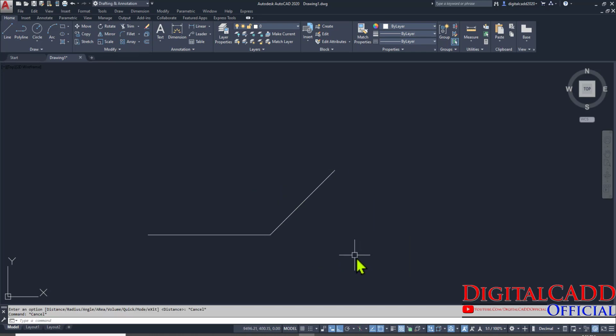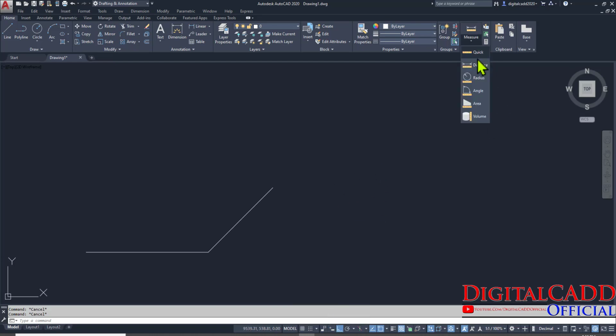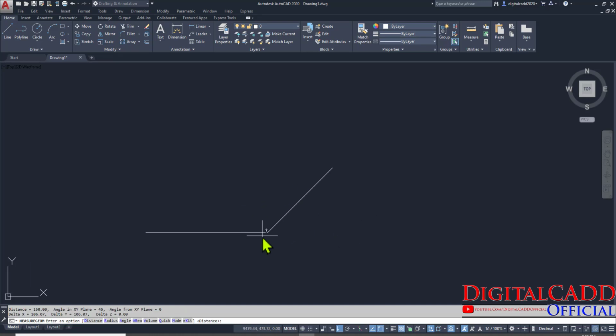But if we make this button off, and let's check it again, we wouldn't be able to see the parameters of any line: angle, horizontal distance or vertical distance. So how can we analyze them all, whether we have made it correct or not?